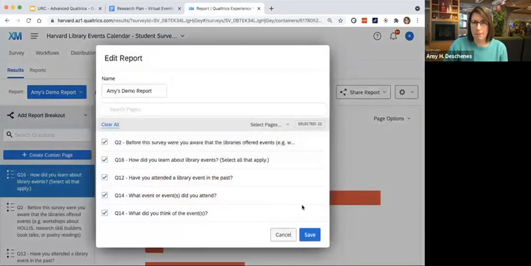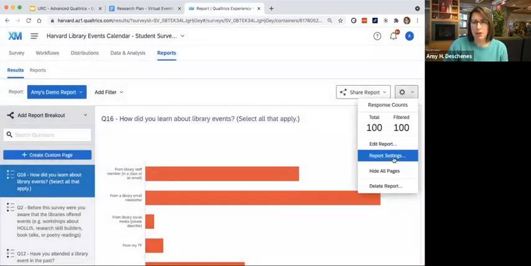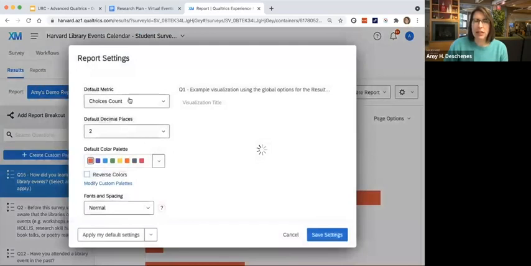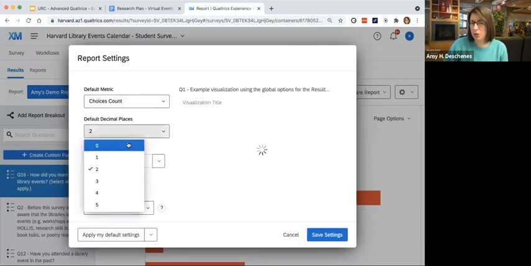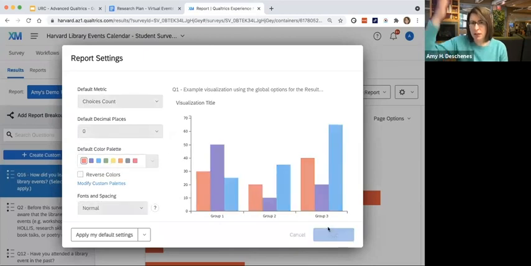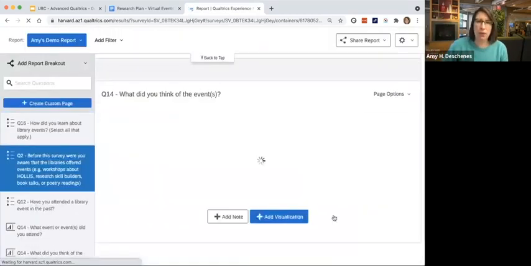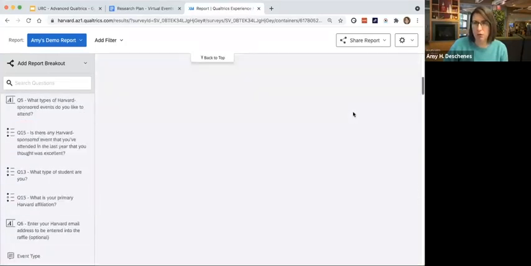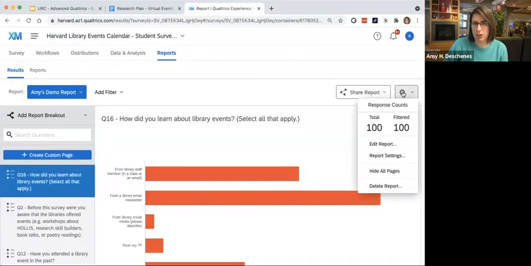This is also where you can change the name of the report. And then there's report settings. This is what causes all these default reports to be created. So if you don't want to use decimals in your report, you can set that here and save, and it's going to update that for all of the questions in this report, rather than having to go through each individual question.